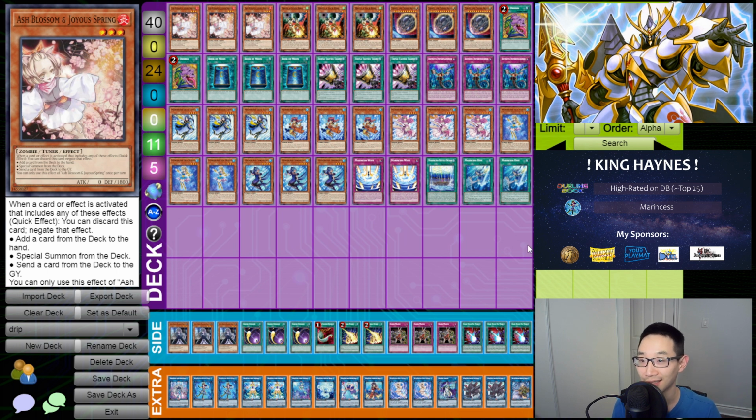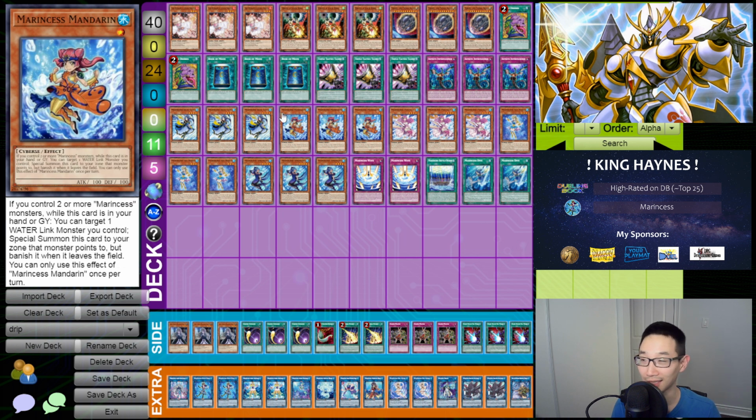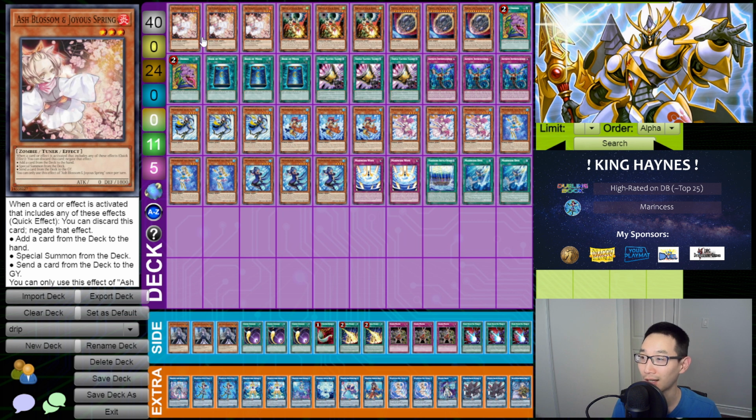Oh yeah, how you guys doing? My name is King Haynes. I'm really not a big fan of meta. I really like the engine, it's very strong, and it's just a one card combo, so you've got a whole bunch of flex spots. Okay, well maybe we just jump right into the list, and we do have three Ash,